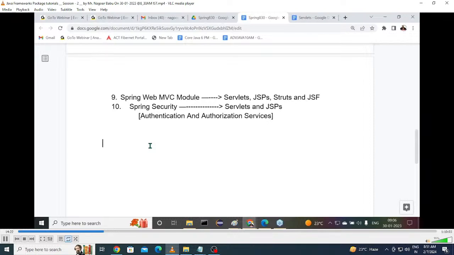We can prepare standalone applications, database related applications, web applications, distributed applications. All types of applications we are able to prepare, but the Spring framework is mainly for enterprise applications.